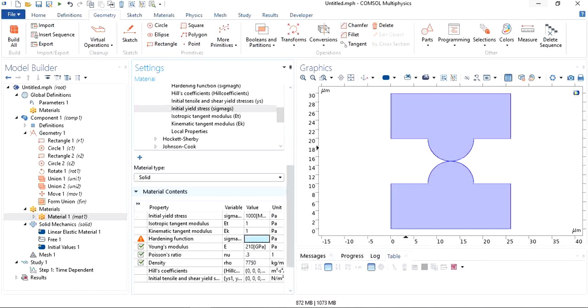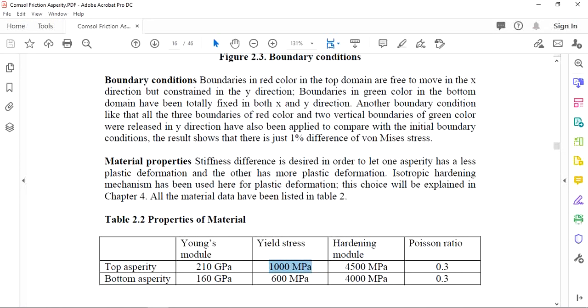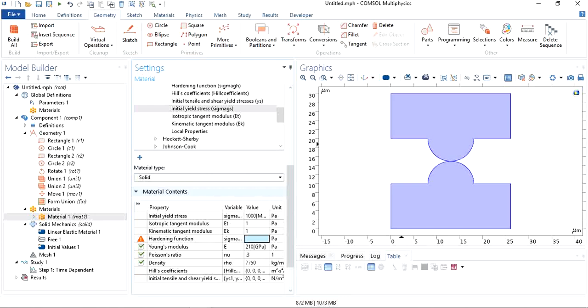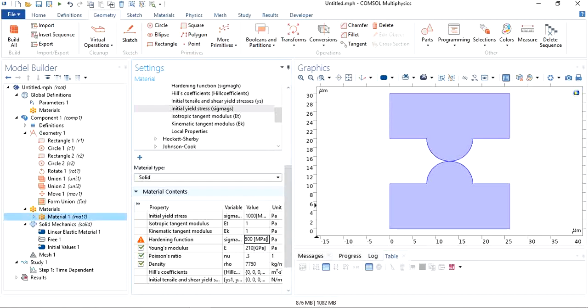The yield will be 1000 megapascal, and the hardening function is 4500 megapascal. Okay, so I have given the material for the top asperities. Now next,